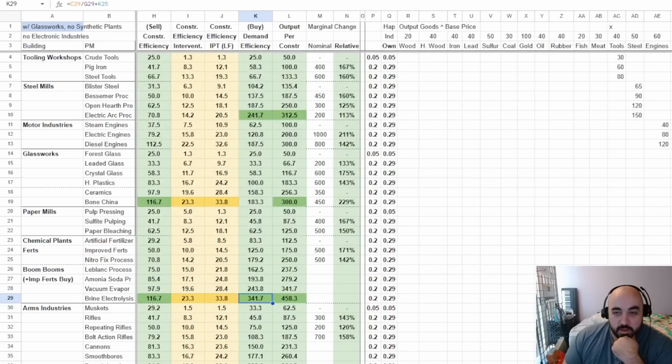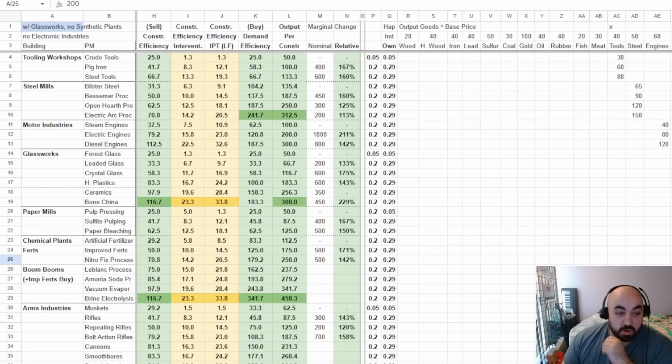And where are they? For the fertilizer. Okay, and also when you're on nitrogen fixation process or improved fertilizer, it's going to be outputting 140 fertilizer. But importantly, this fertilizer has a base value of 30. When it's minus 50%, it's going to have a base value of 15. And so it would be the equivalent, if we come over here,